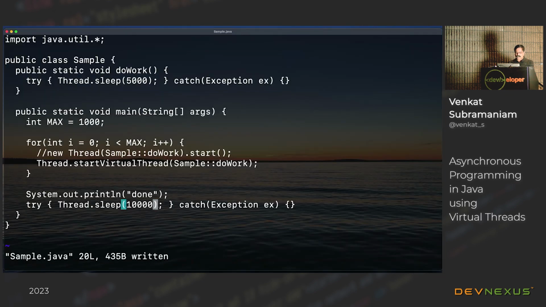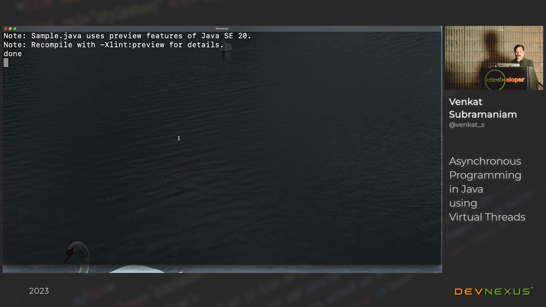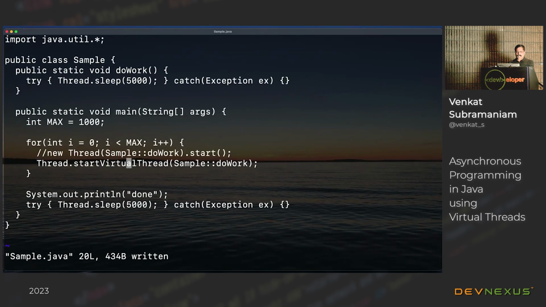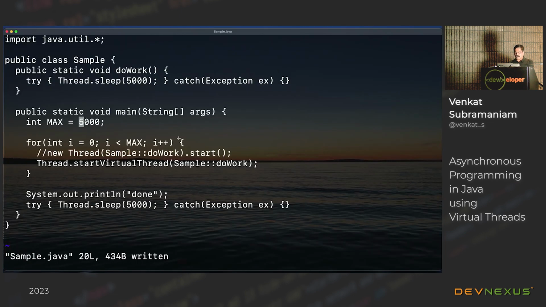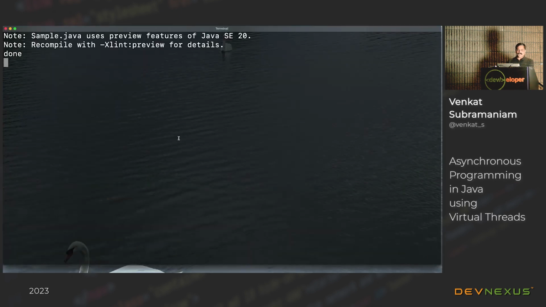I'm going to reduce this really down to maybe 5 seconds as well. So you can see that it's able to create the threads, not a problem, right? What if I were to ask it to create, let's say, 5,000 threads? So right now, when I ask it to create 5,000 threads, that's not a problem. Remember, it had a trouble about 8,000 threads, isn't it? So let's go ahead and ask it to create 8,000 threads and see what happens. And notice that it had no problem creating 8,000 threads.